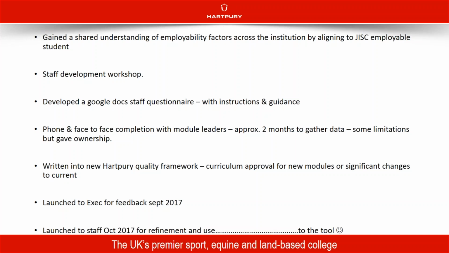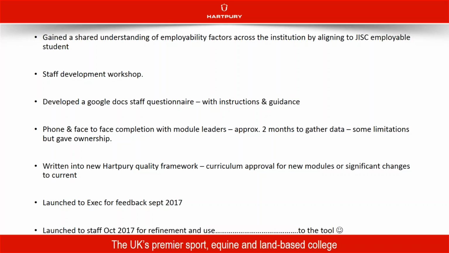But as I've learned over the last few years, gaining that shared understanding has been less straightforward than I expected, because many of the academic colleagues that I work with have different understandings of what employability is,